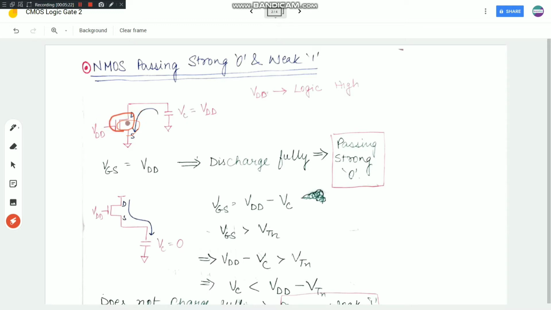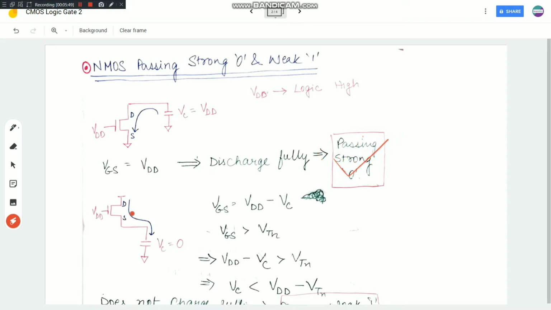We mark drain when there is high potential for an NMOS. Now this is my NMOS. Hope you remember the symbols. So on the side where the potential is high, I write it as a drain. On the side where the potential is low, I write it as a source. So my VGS remains as VDD throughout the process, irrespective of the potential on VC. Okay, so my voltage on the capacitor can discharge fully, and thus I can say that NMOS is capable of